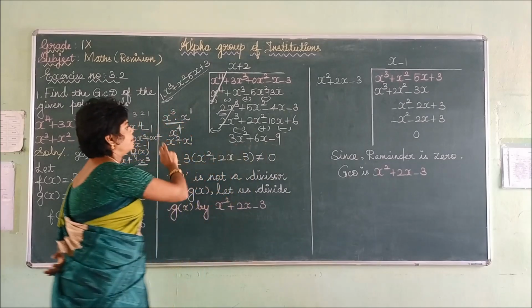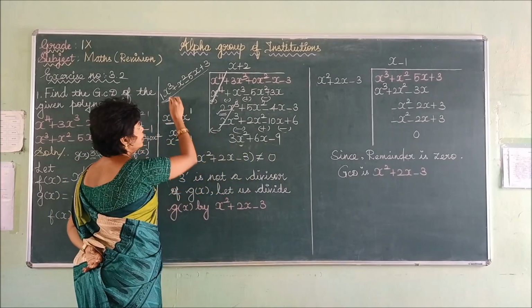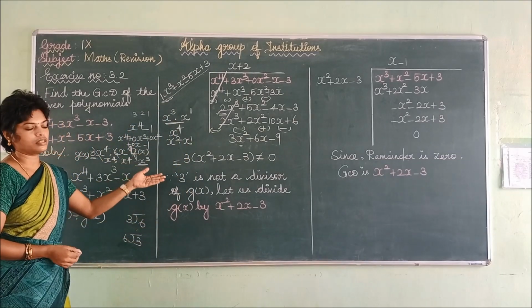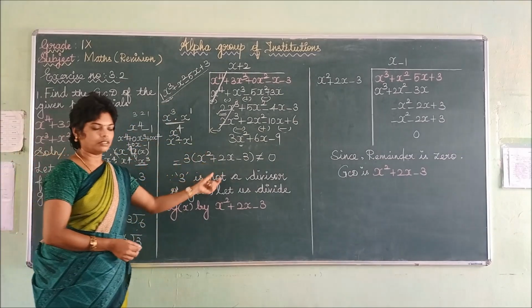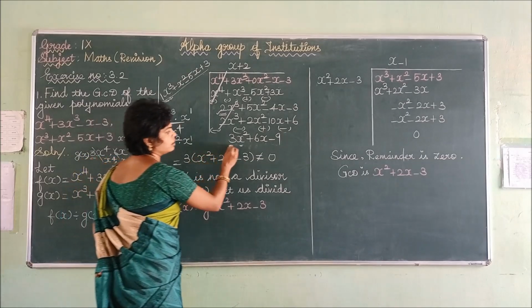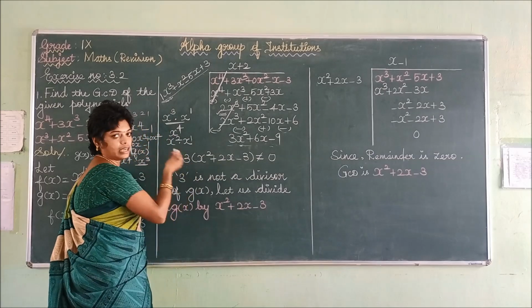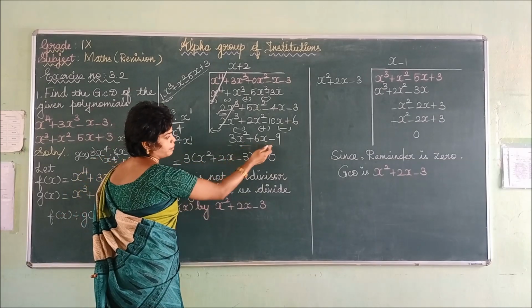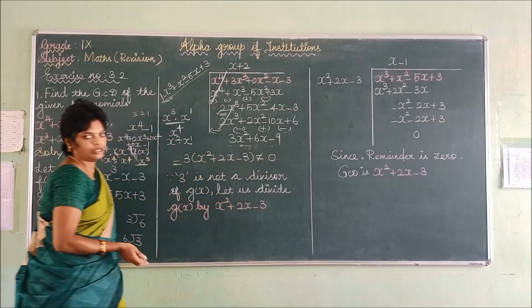So now check the powers. Here the power is x squared, here the power is x cubed. In this case, we cannot divide the process further. So you can stop here. So you can take that value. So all comes in the 3 table. So I am taking 3 outside. What are the remaining terms? x squared plus 2x minus 3, which is not equal to 0.